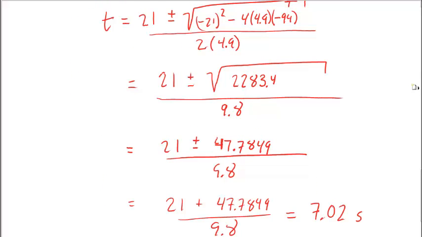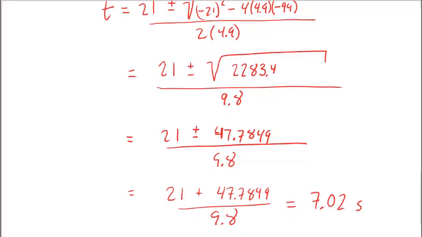As you can see, I've skipped a couple steps here. I've laid all the work for you, but I just paused my screencast to work through and save some time. And so we have 21 plus or minus square root of these terms here. Now notice it's a plus or minus, and so you're left with a decision. And sometimes it's a little trickier. This one's pretty straightforward because if I took the negative term, then my answer would be negative, and you can't get negative time, although some of us wish we could, but we can't, which leaves us then with a positive,